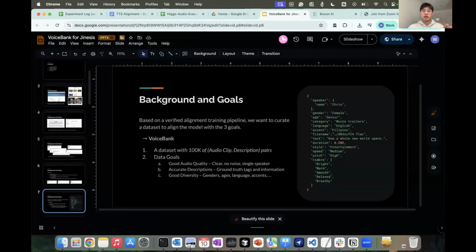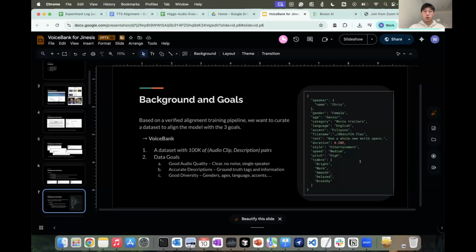The audio clip is a clip of someone's voice, and the description, an example of which is on the right side, includes the name of the speaker, gender, age, category, language, accent, transcript, duration, style, speed, pitch, and timbre. With all of these pairs, we want to use this dataset in several different ways to finally align the model to our three goals.